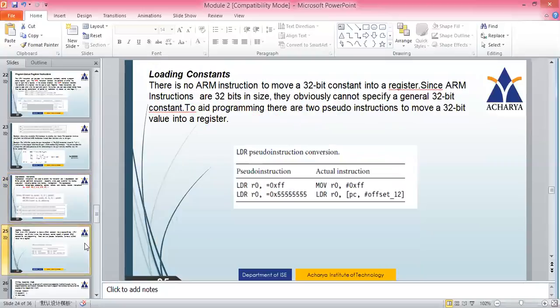So now let's go to loading constants. Unlike the other processors, in ARM we don't have an instruction